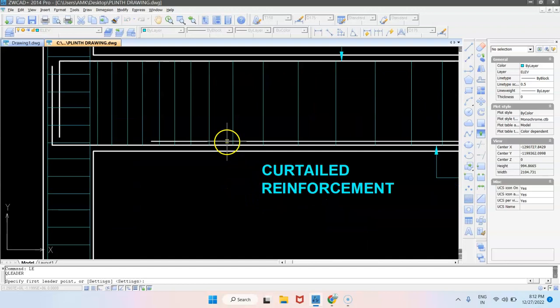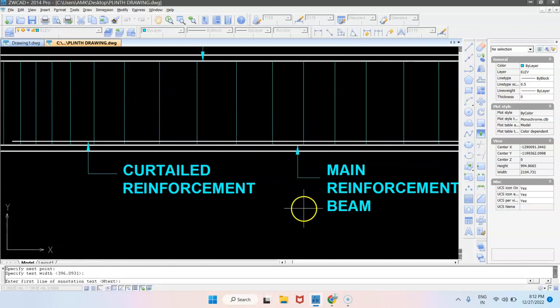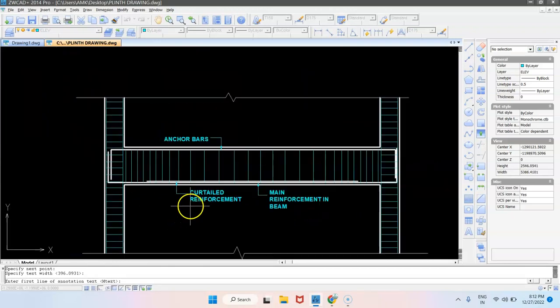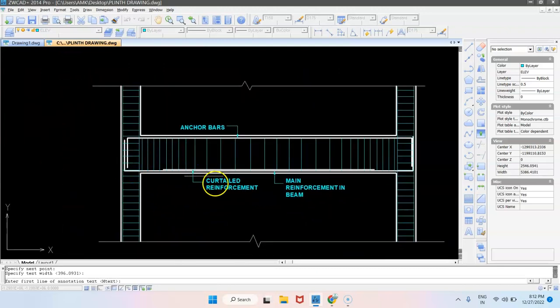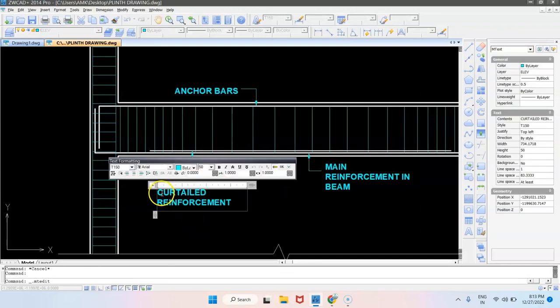So indicate it like that. Be careful where your arrows are going to be there. So show the arrows properly, main reinforcement, curtail reinforcement. Then whatever you are showing here, you can mention it as stirrups. But while writing about stirrups, you can write a little bit of explanation like this, that